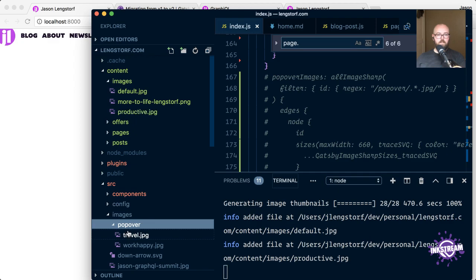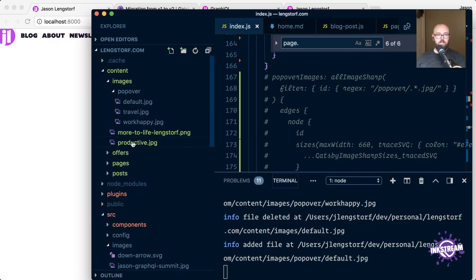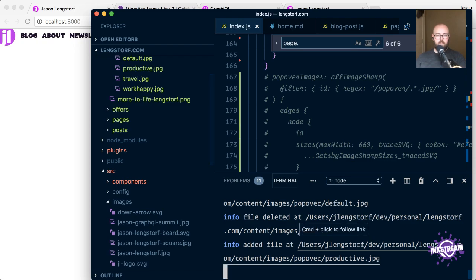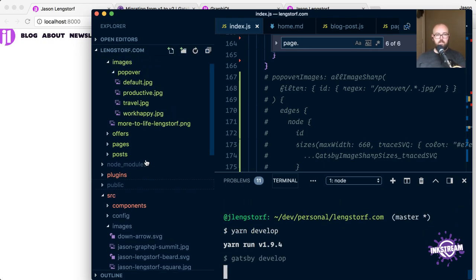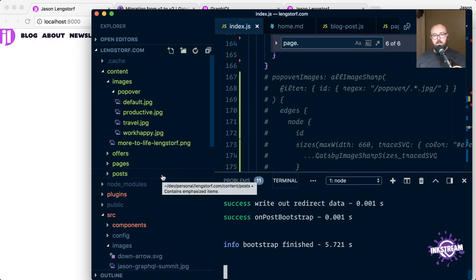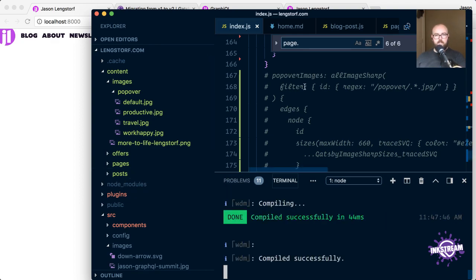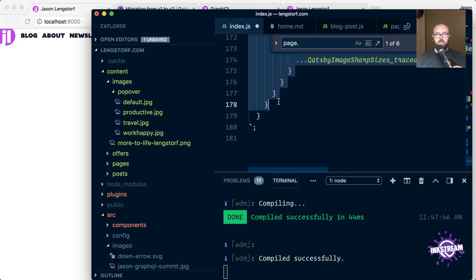Actually, you know what might be easier? Let's do this. Let's go pop over there, and we'll keep those in. And so then what I should be able to do is let's restart this to pick up those new images, because I think they might have been picked up, but I don't know. I'm changing the file system. It's always better to restart. So what I'm going to try here is I'm going to see what happens when I just take this and rewrite it